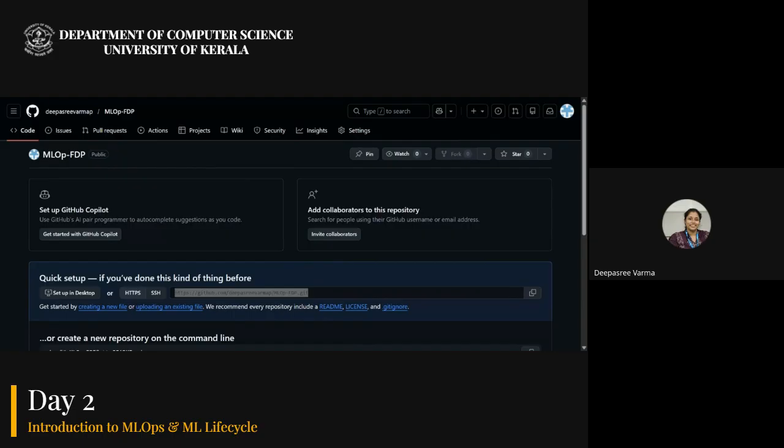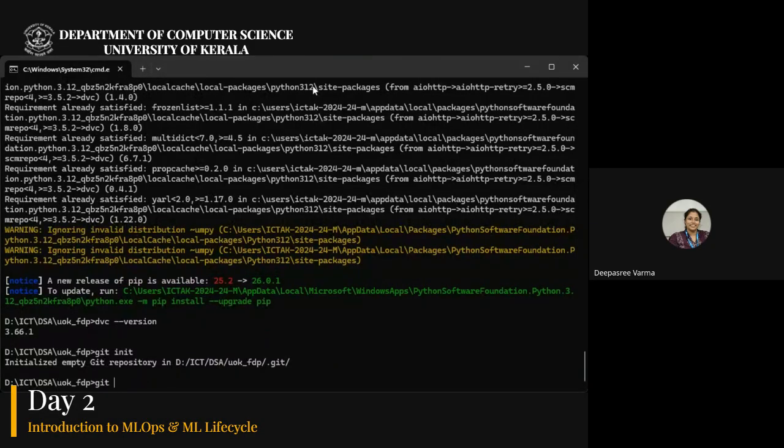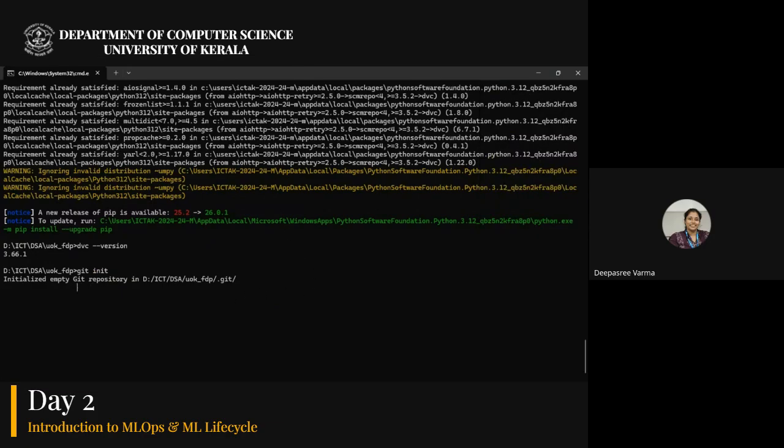So for that, you should type git remote add origin and paste what we copied.